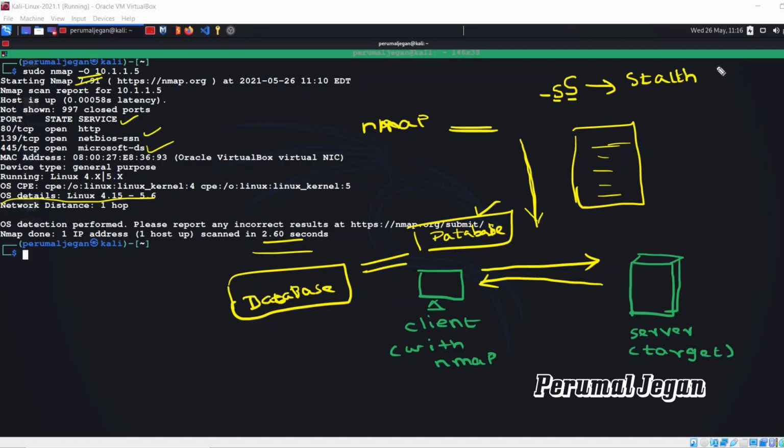I'll tell you what a stealth scan is, and also you need to know about the flag -sT, the full TCP scan. There is a major difference between this stealth scan and TCP scan. Let me explain that to you.